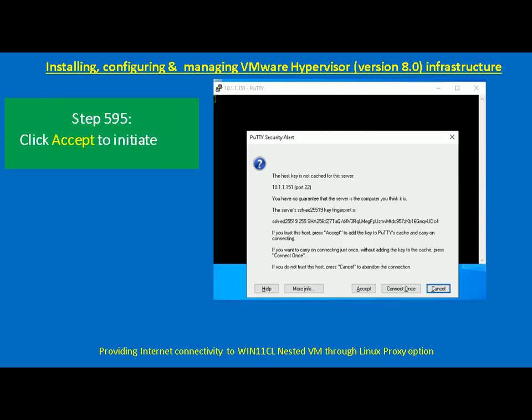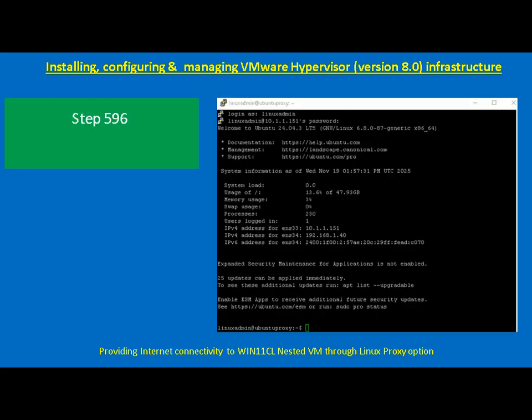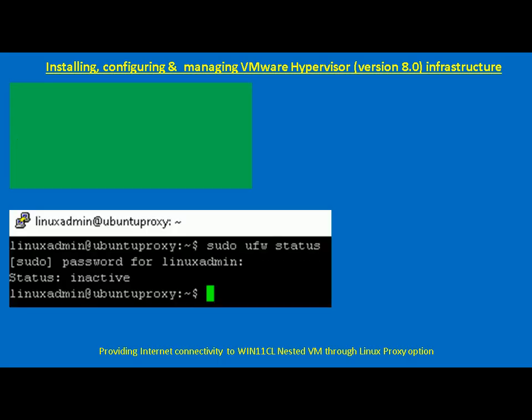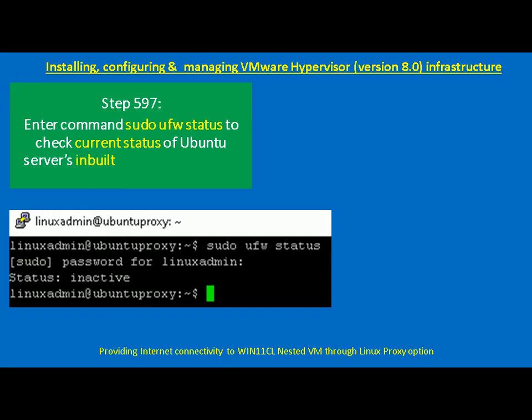So this step we have already completed for the SSH session. We have also logged in using our Linux admin. Okay, now next is we need to check whether our firewall status is active or inactive for the Ubuntu server, because if your firewall is active for Ubuntu server, it will create some problems for port openings and all for network connectivities. By default it is inactive, but we just need to reconfirm. So we need to enter one command, sudo ufw status. Okay,